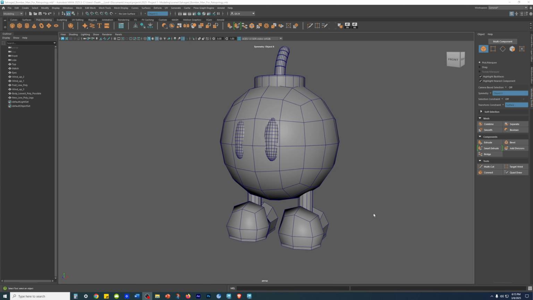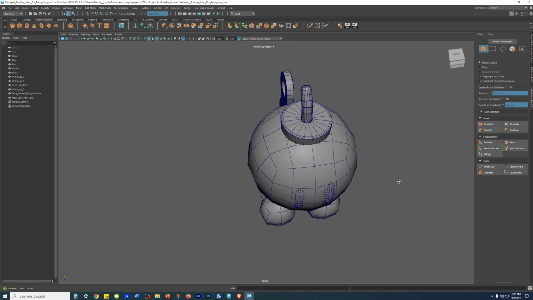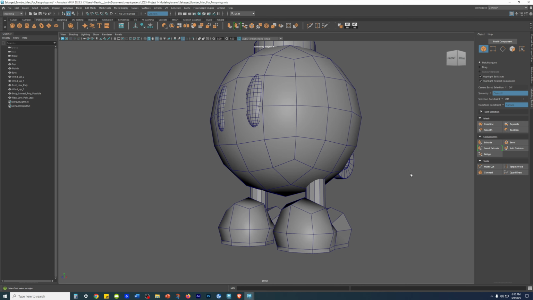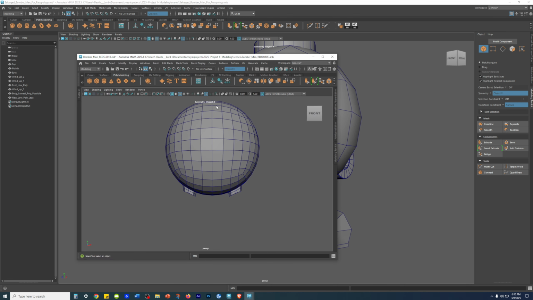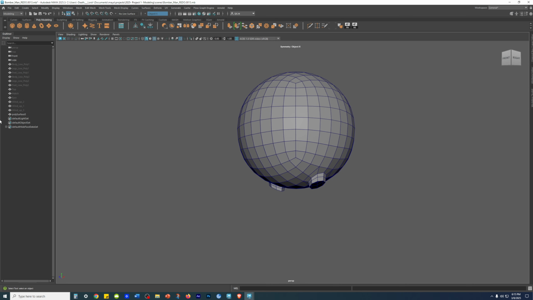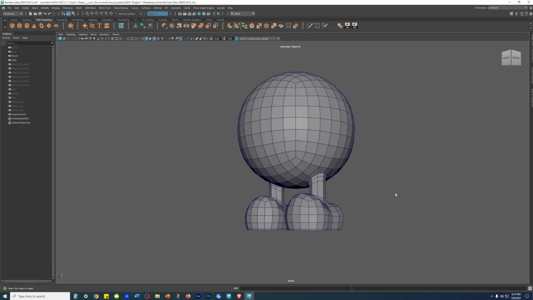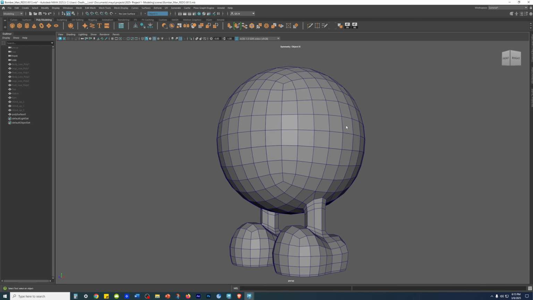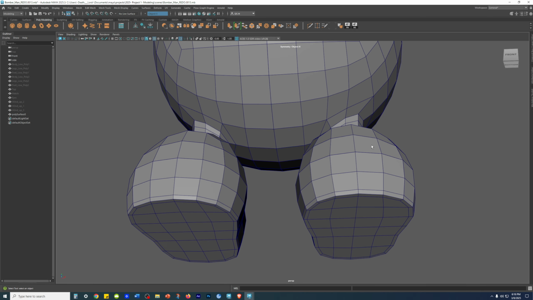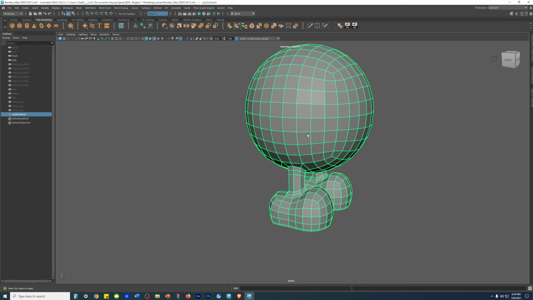Alright, so I have this model here, and the whole purpose of this video is to do this, where this is after the fact. What I'm doing right now is showing the hidden faces. So this is what we're shooting for. As you can see, it's one mesh,